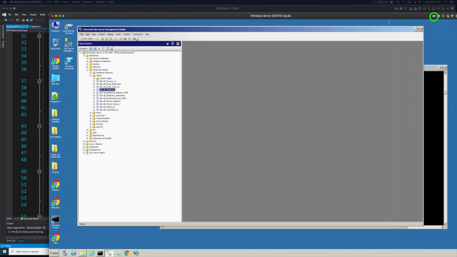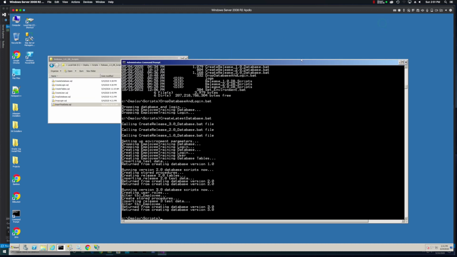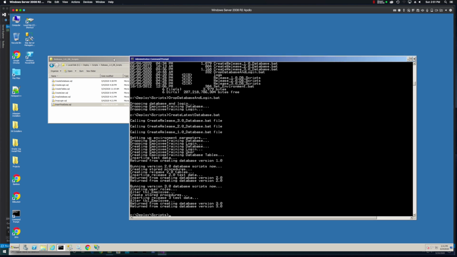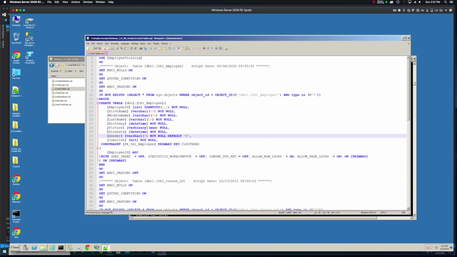Having said that, we have to take a look at the database one more time. I might run these drop and create scripts one more time for this section, but let's take a look at the create table. Okay, so we have our picture here. This is our column. It's a varbinary,